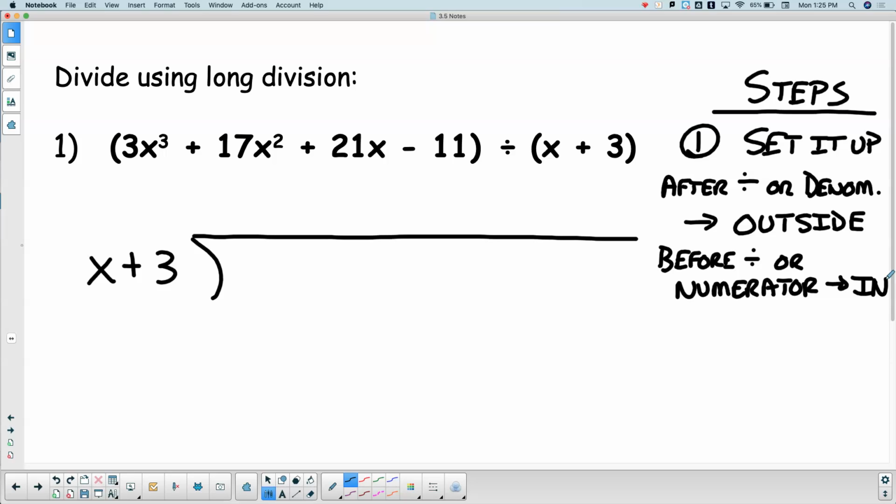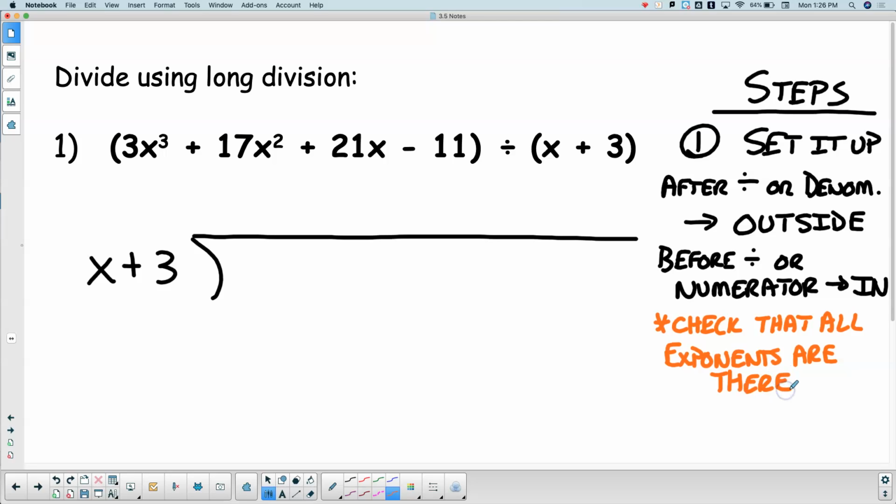Now, one thing that we've got to do is make sure that all exponents are there. Okay? So what I mean by that is,